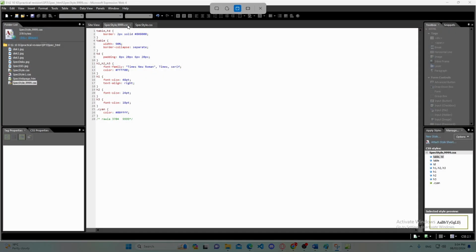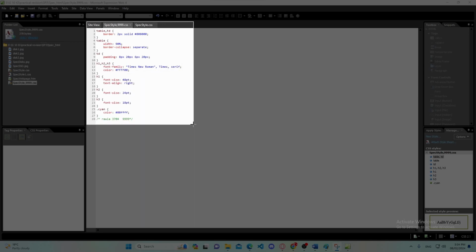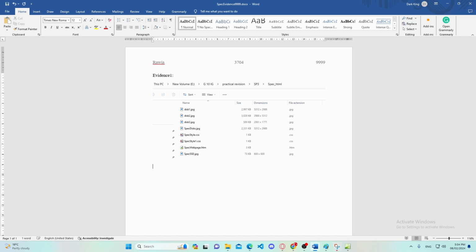We should be careful to let the content and the file name appear clearly. Like this, I will go to my evidence document and click evidence 2, and I